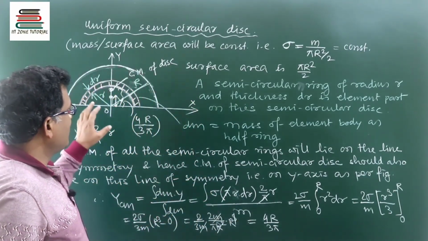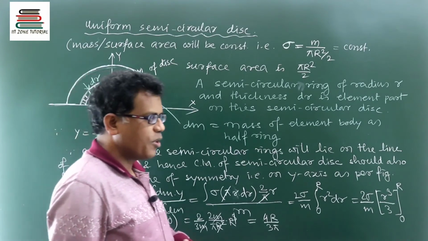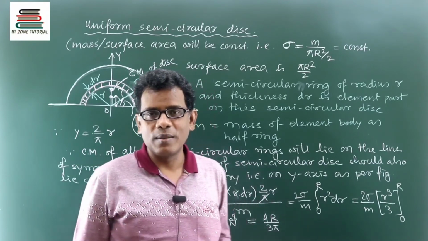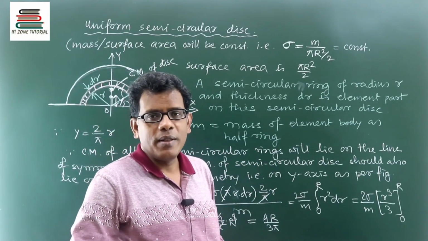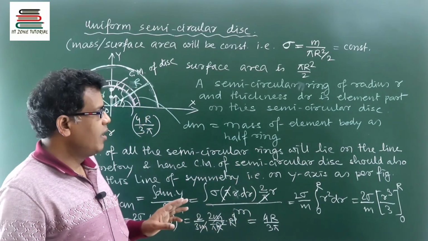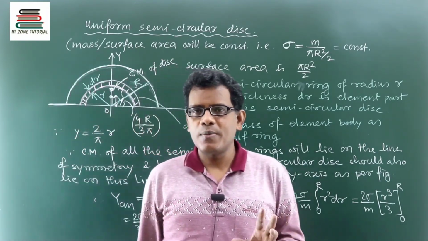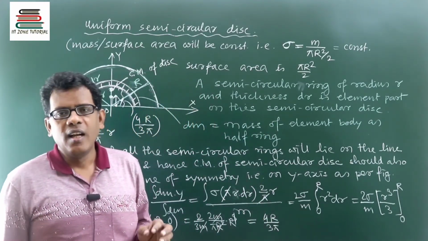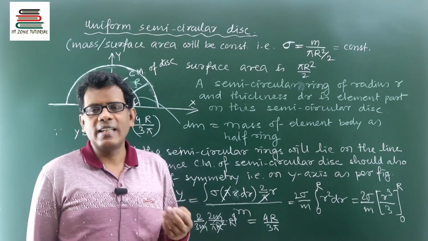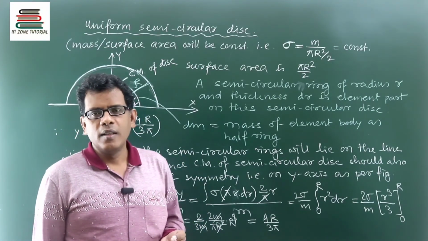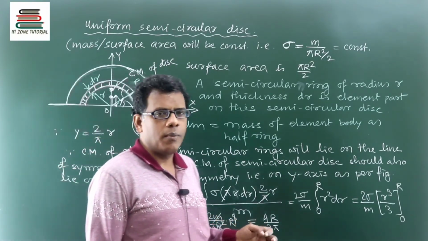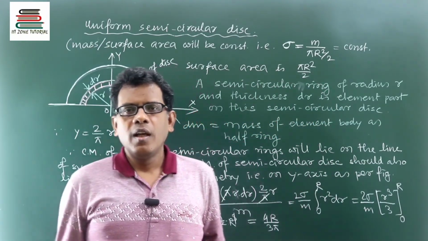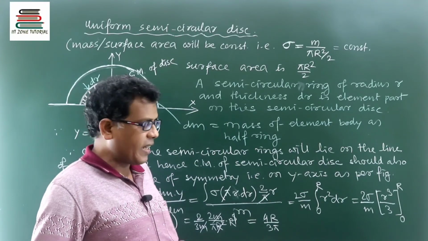So from there onwards, utilizing the information of the semicircular ring as the element body, I made it clear that the argument was something like this: on a dimensional body, the selection of the element body should also be of the same dimension. The geometry can be anything you find appropriate, but while selecting the geometry of the element, you must consider that the total mass of the given body must be covered by the n number of elements that you are taking.